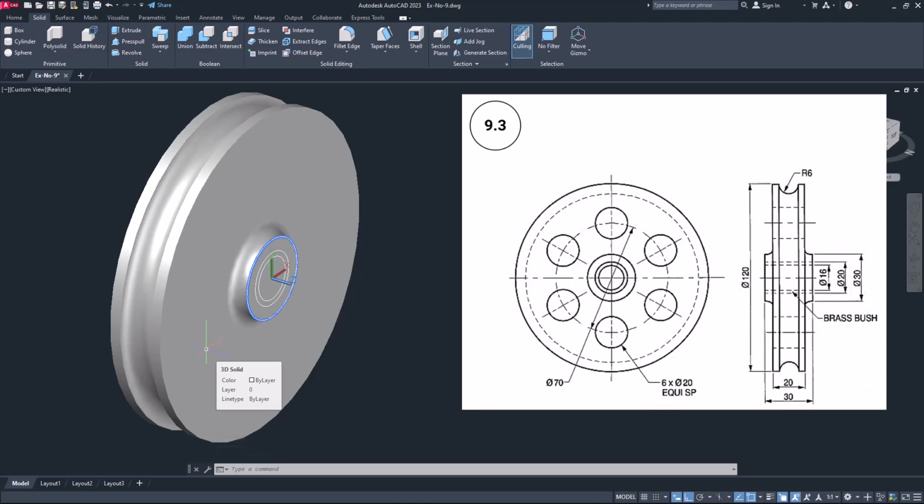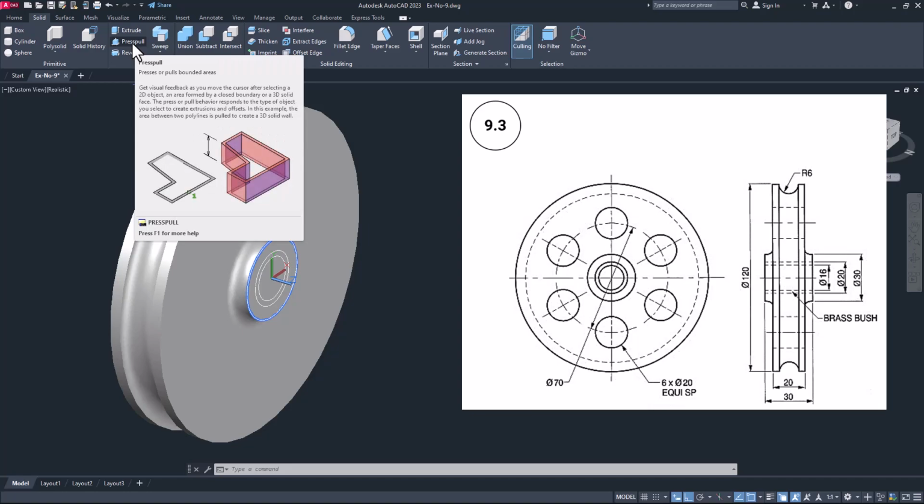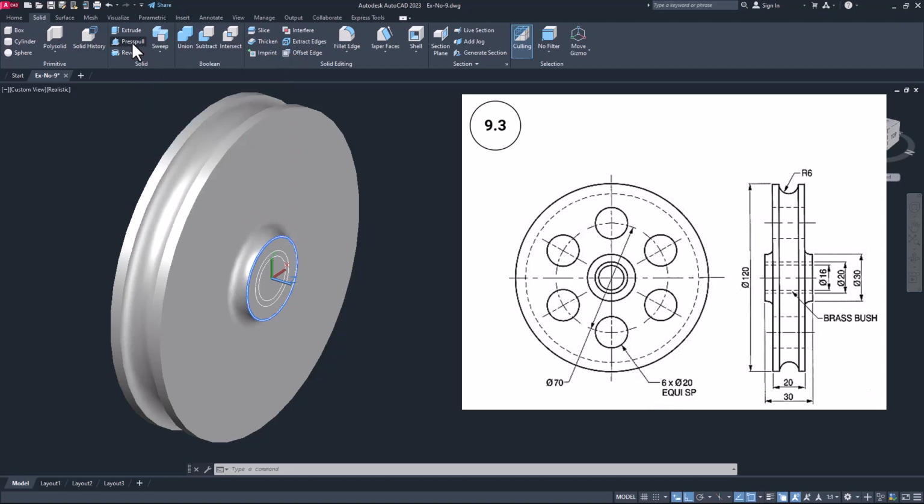Now if you carefully see the drawing or image given to you, the center boss is a separate part. It is made from brass material. It is not the integral solid part of the peripheral wheels. Now let me go to the press pull. Please watch this step very carefully, otherwise it will be very difficult to create a separate solid, right? So press pull